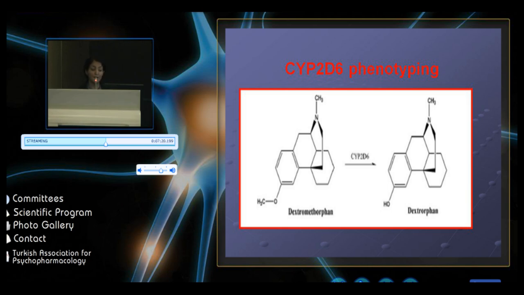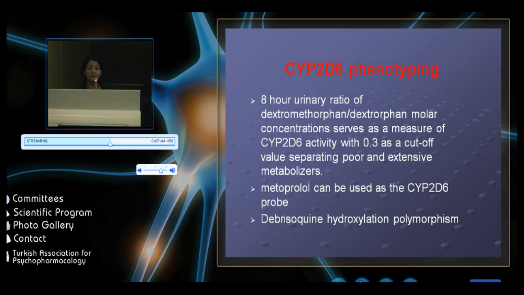The gold standard is the method as follows. Dextromethorphan is transformed to dextrorphan through CYP2D6. Therefore, when we give dextromethorphan, we can see which amount is metabolized to dextrorphan and which has been metabolized in the body. So we can make the assessment here. We do not give a diet, but just 30 milligrams of single-dose oral dextromethorphan is given, and we collect urine for 8 hours,